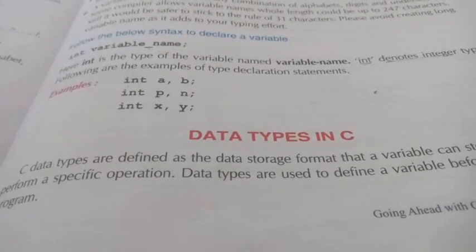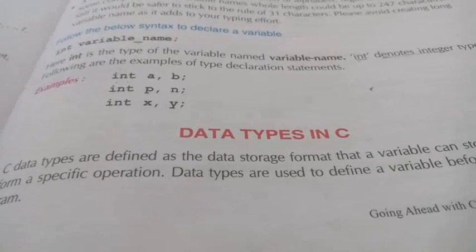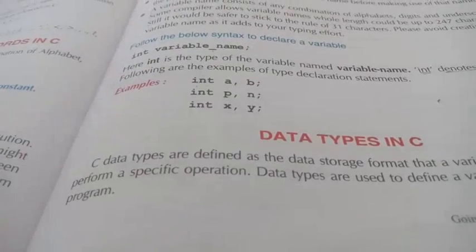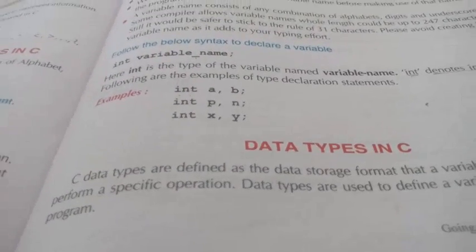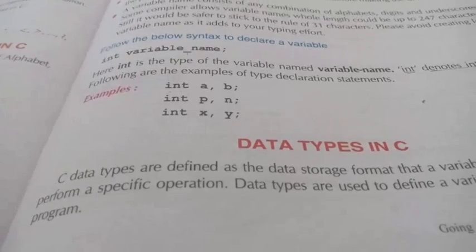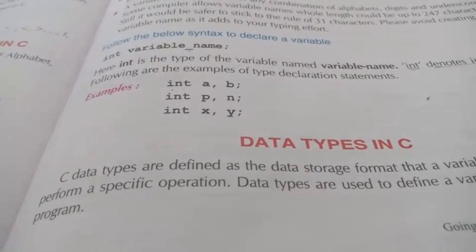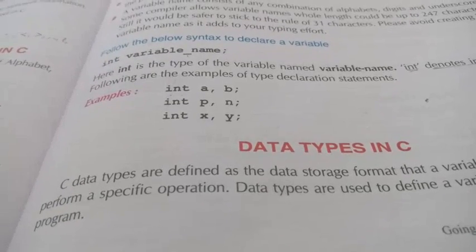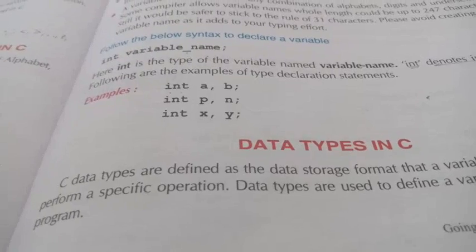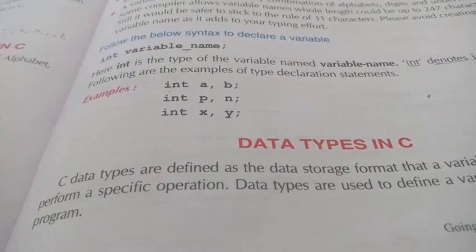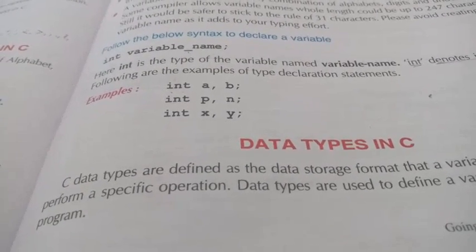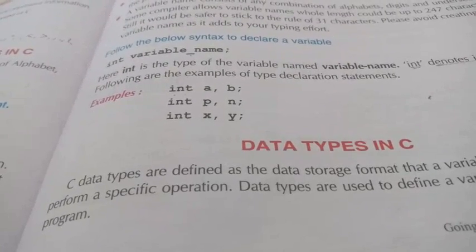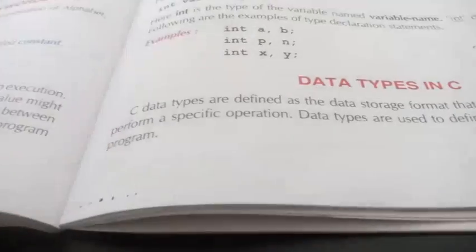What type is data? In terms of computers, all data is stored in the form of binary numbers, 0 and 1. Okay, so the computer can understand only binary numbers. When we input data from the keyboard, like 7 9 10 11, the computer cannot understand it, so we need a mediator to convert normal data to binary numbers. This is the reason why we use data types in programming languages.